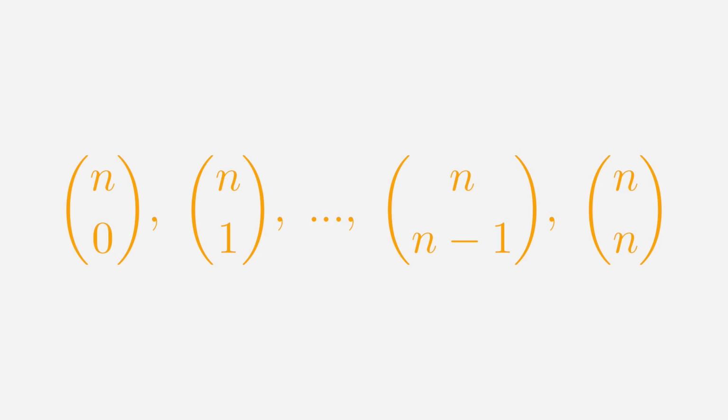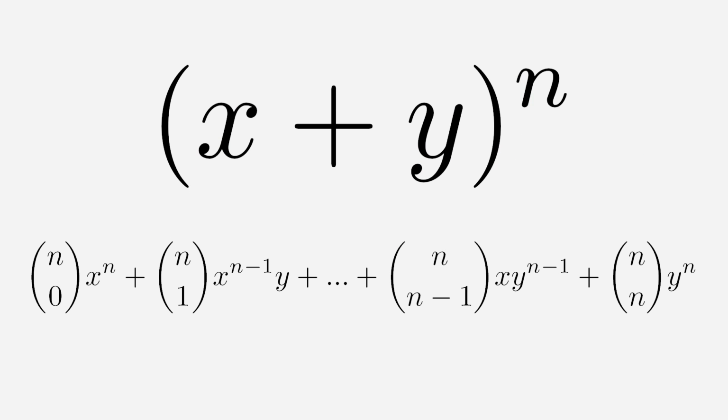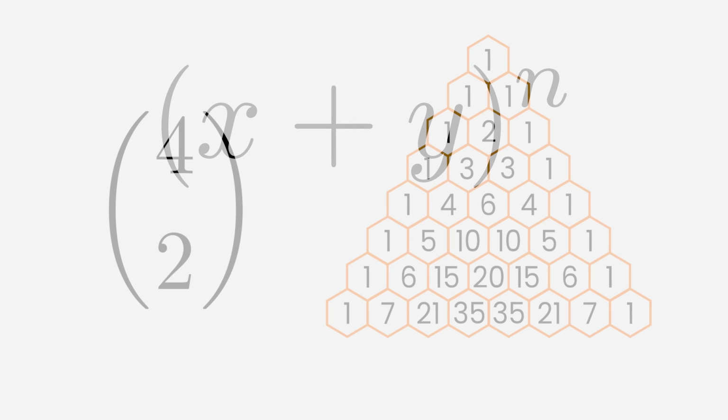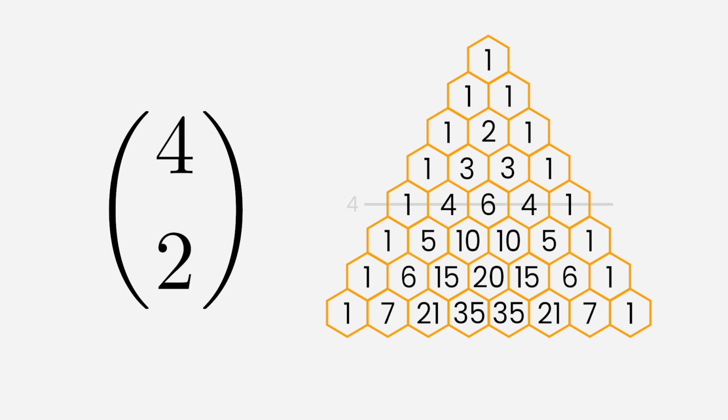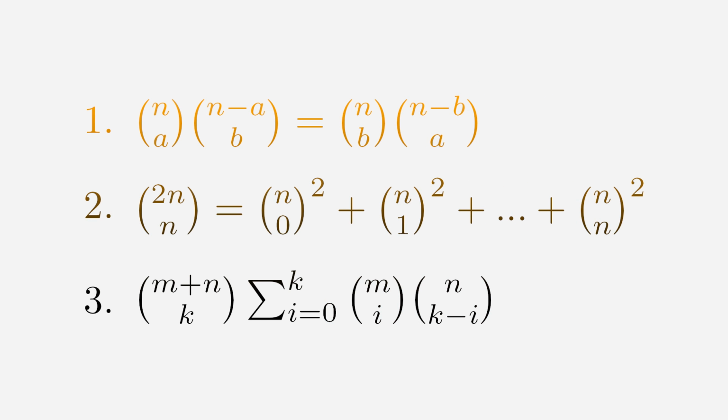Binomial coefficient has more to offer than just help with choosing puppies. For example, as the name suggests, these numbers are the coefficients in the binomial expansion of (x + y) to the power of n. N choose k also denotes the number in the nth row and the kth diagonal column in Pascal's triangle. And there are lots and lots of other identities related to the one and only binomial coefficient.